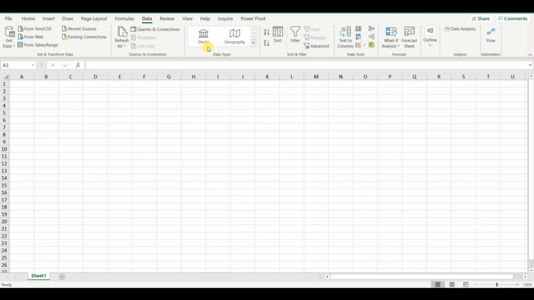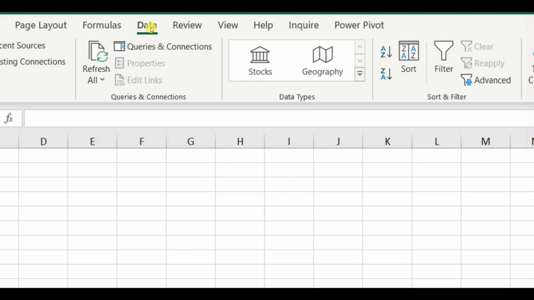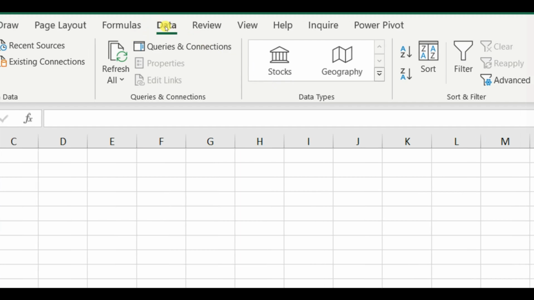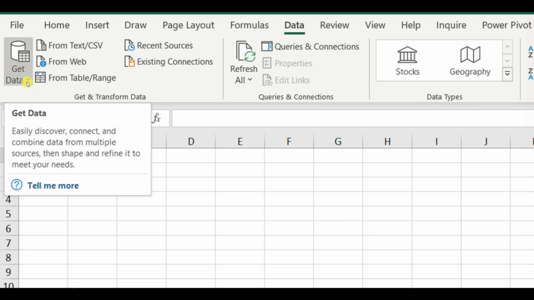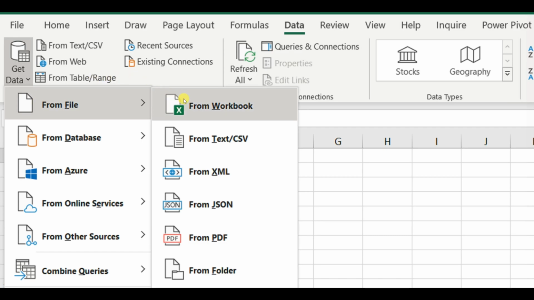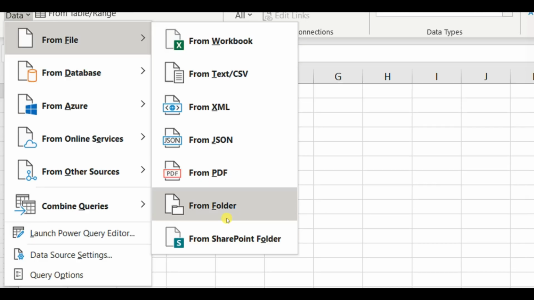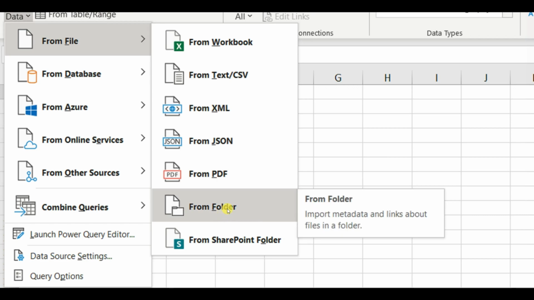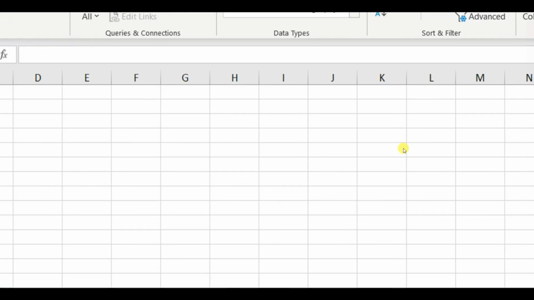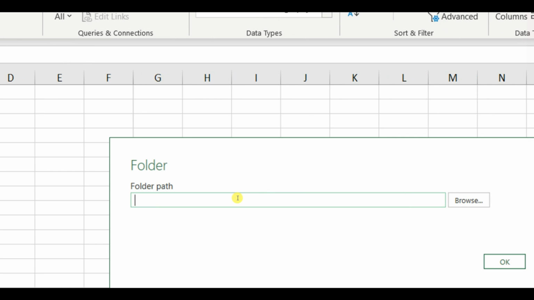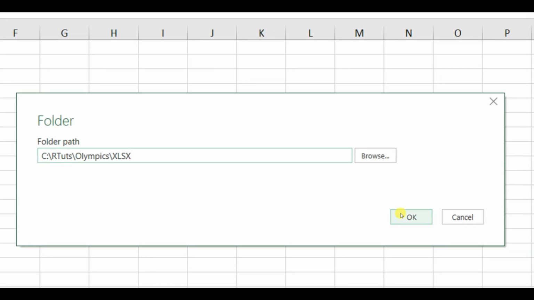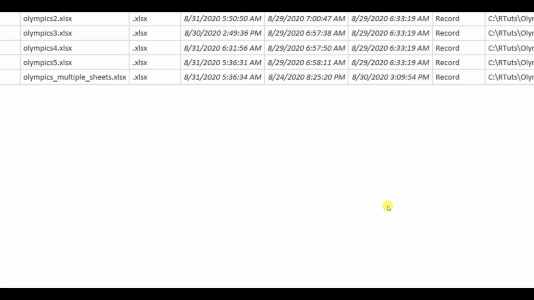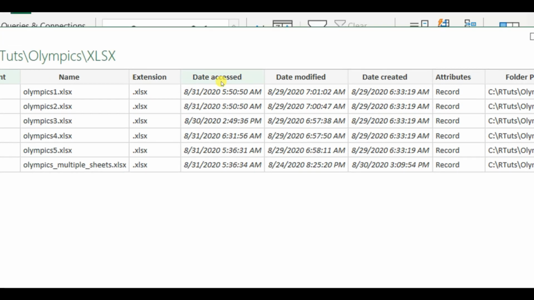So I just would get started immediately by going to the data tab here, and right here on the left you have the get data. Then it could be from a workbook or from any of these sources, but this time we are getting the data set from a folder, because that is the folder that contains all our files. And now I'm going to paste the folder, the directory or the path to the folder here, and here is